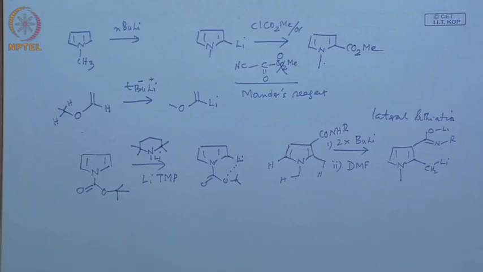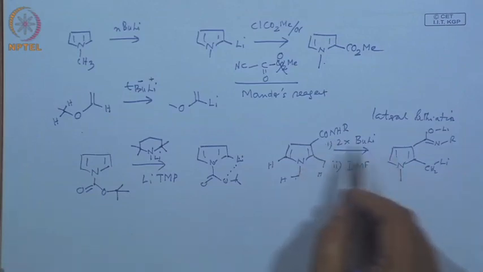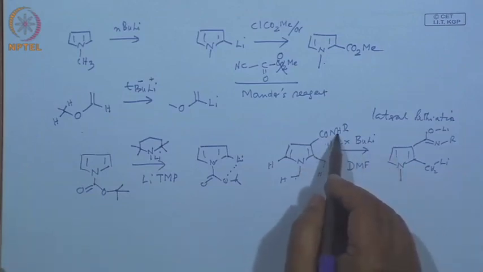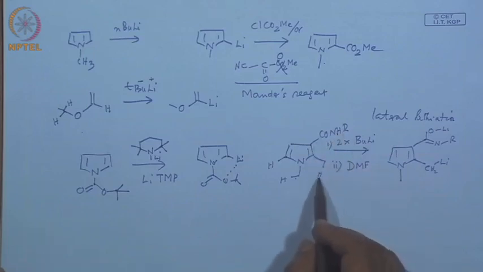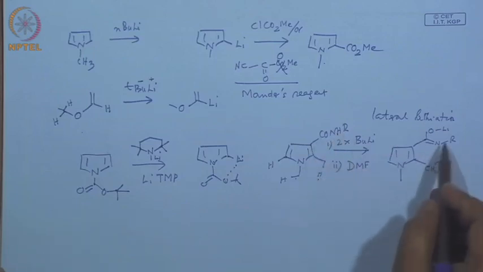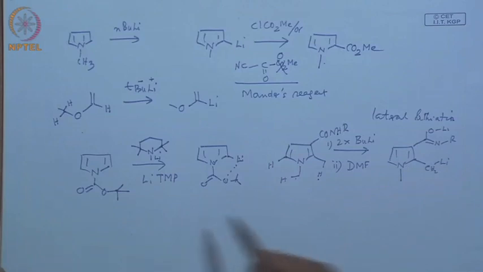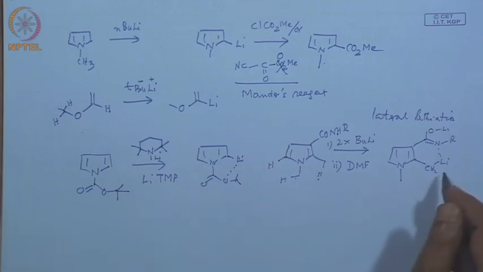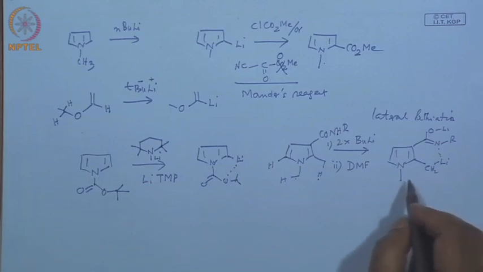That means you have 2 equivalents of butyl lithium. One equivalent will deprotonate this nitrogen NH, the other this CH next to the NH. So, you get a dilithium salt. Now, you can see nicely it can form a chelation. So, again it is a combination of the chelation, acidity, all these things that would lead to this side chain lithiation, and then